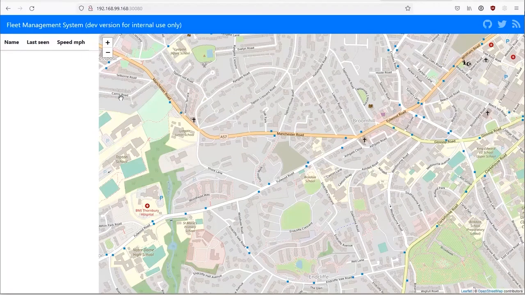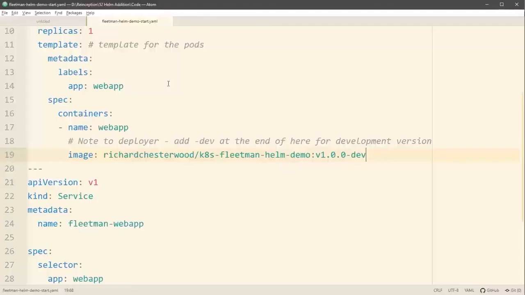Now, I have tried with this version to make it so that you can just do a simple refresh. Early versions of this system would cache all of the files and it was a nightmare. But if you are not seeing that switching around, you might need to do a hard refresh or clean your cache. But actually, that should just work. So yeah, we've got two versions, but of course this is no good, manually changing this tag. We want to be able to support both the live and development versions.